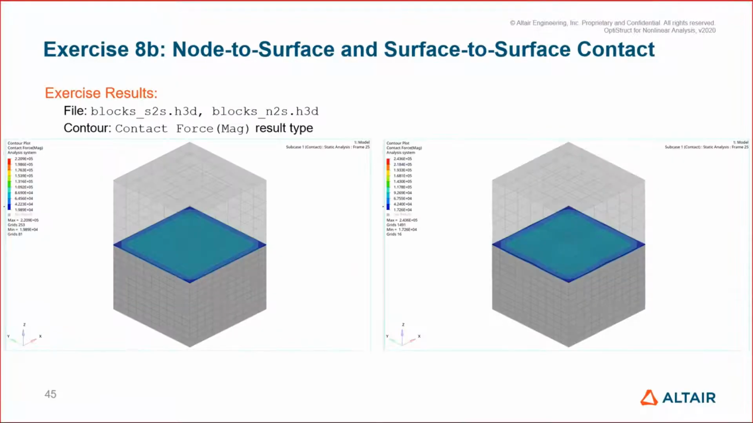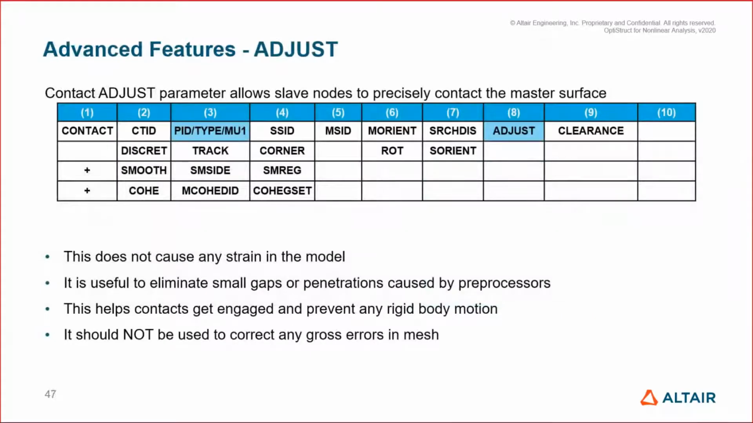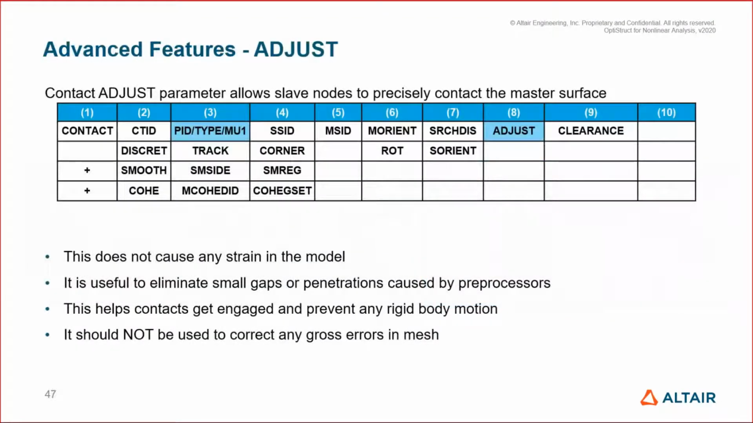Now, yeah. So this is the example, say node to surface or surface to surface example. Then I'll move on to the next, which is adjust, right? So advanced features here: clearance, smooth, and adjust. Adjust, you can use adjust if